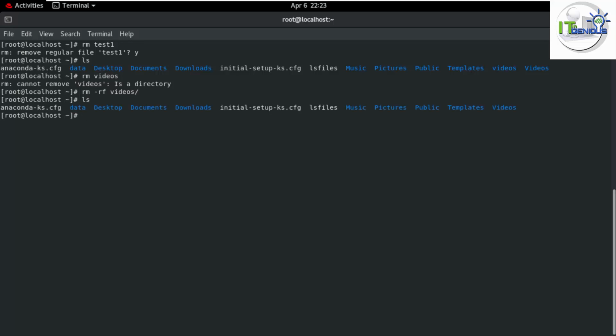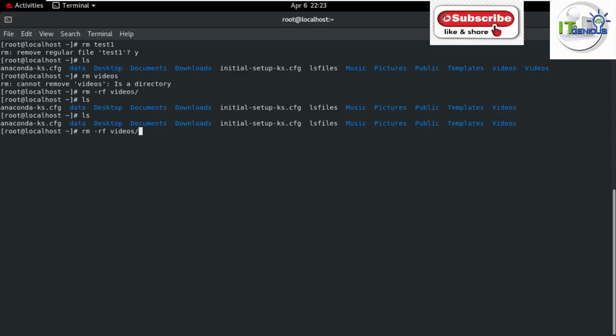If you run ls here, okay, one second, I have removed the subdirectories which are inside. If I type forward slash and anything after it, if there are subdirectories, it will delete only the subdirectories, correct?